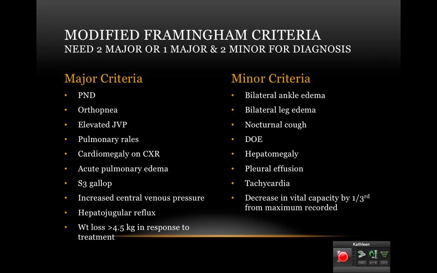Modified Framingham criteria: you need two major, or one major and two minor, for diagnosis. So major criteria would be paroxysmal nocturnal dyspnea, orthopnea, elevated JVD, pulmonary rales, cardiomegaly on chest x-ray, acute pulmonary edema, S3 gallop, increased central venous pressure, and hepatojugular reflux, which